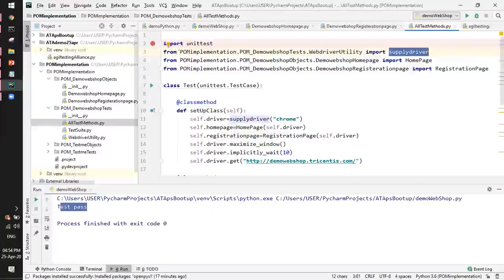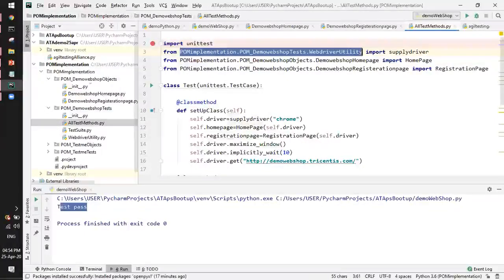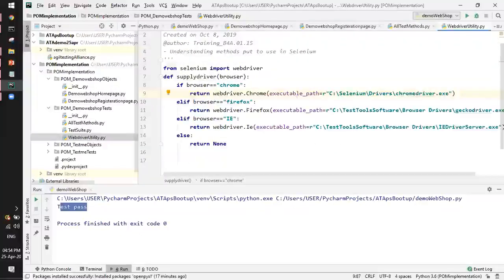Okay, so if you see, this traversal goes to POM implementation, POM demo web shop tests, and inside that WebDriver utility. So in this WebDriver utility, I am trying to import this supply driver. Okay, and basically it is just to supply the .exe for whichever browser I'm going to choose, be it Chrome, Firefox, or IE.